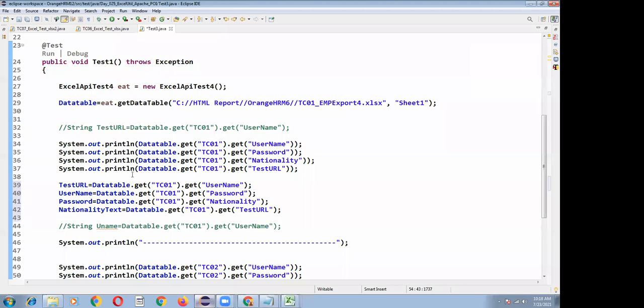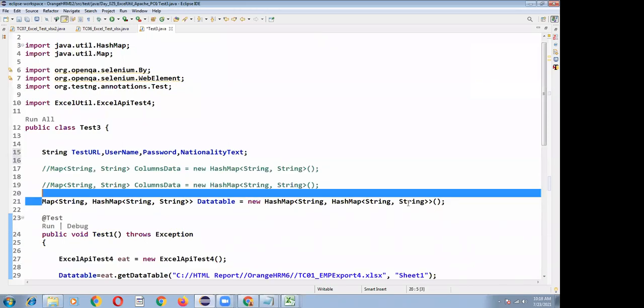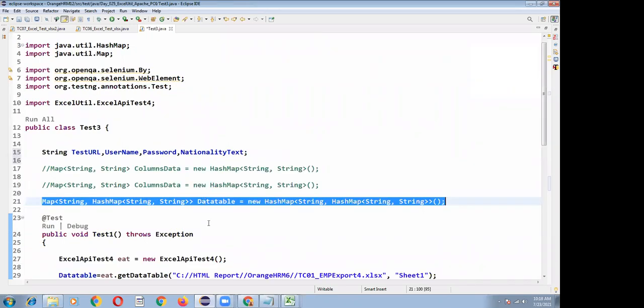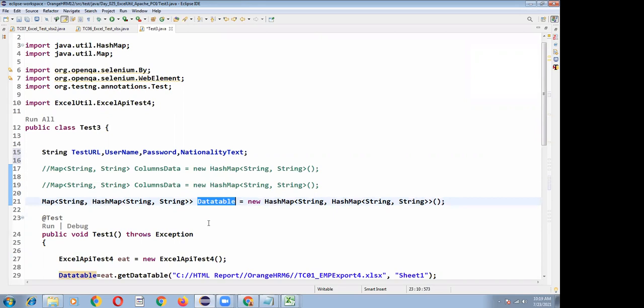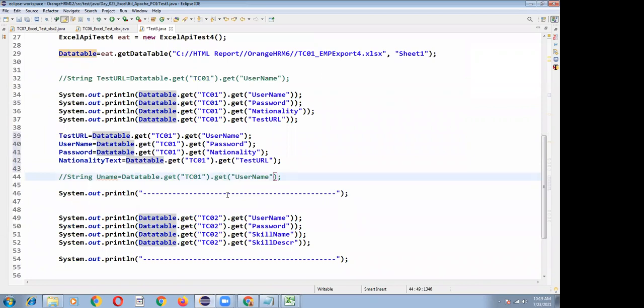So this is the advanced concept. Nowadays companies are following this approach as well. But these topics are not covered by any of the institutes in Hyderabad. I can surely tell 100%. So like this, you can read the input data and we can maintain a single Excel sheet only. So yeah, that's it I want to tell.